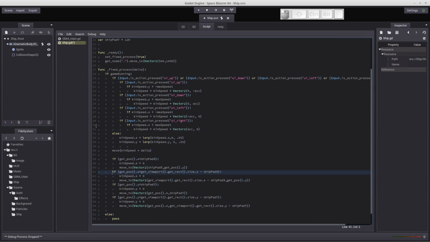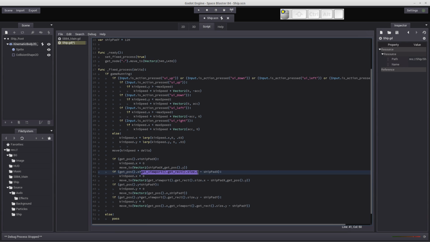So that's the minimum value, right? This if statement here is the minimum value that I want to check for, and then I need a maximum value. I never want it to go past the 1080 pixels of the width of my game area, right? So how do I know? I suppose I could hard code that in there if I wanted to, but there's a method in Godot that allows you to get the